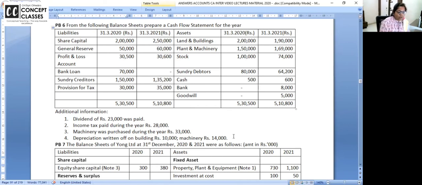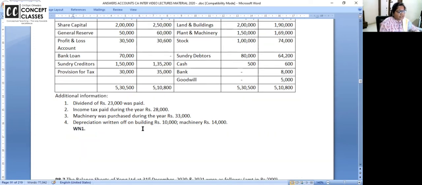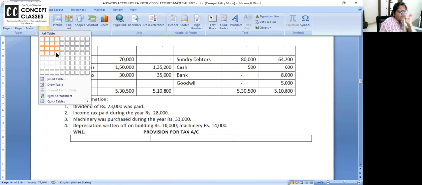Now, I want all of you to make an account. I know this problem is homework, ma'am, but 5 minute, एक working note बना के लेके जाओ ना घर, so it will be very clear to all of you. I call it as provision for taxation account. Banao. Just a small T format. Don't look at the screen and sit like this. आप भी बनाओ. कुछ reason है, बनाओ.